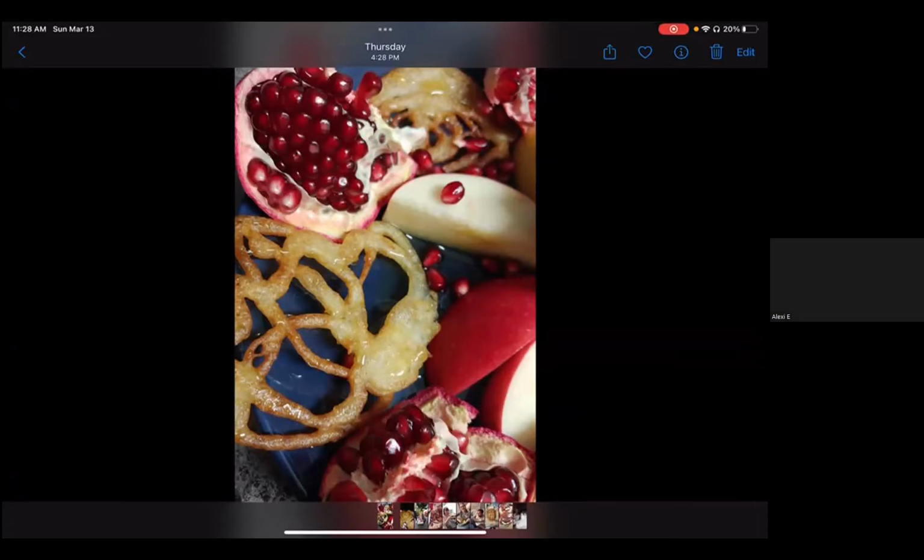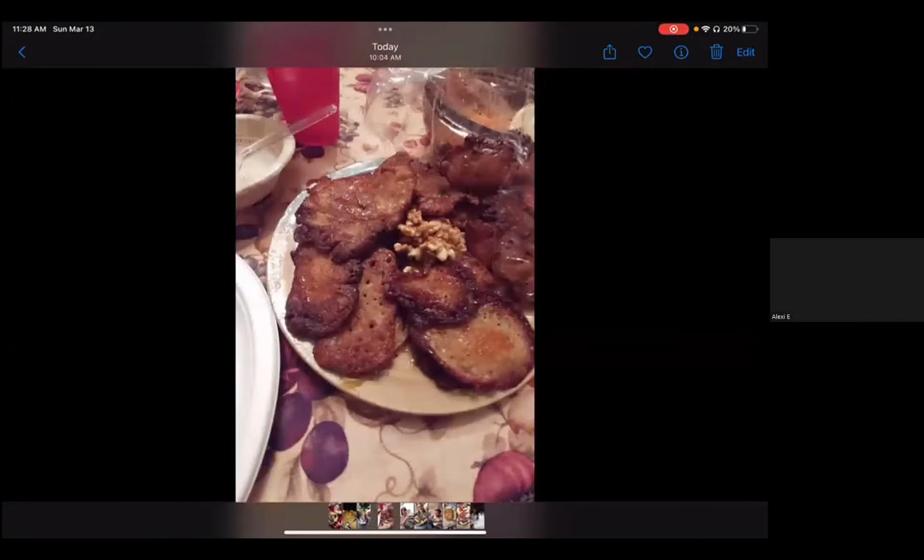If you make the batter thicker, you'll get this, which was my first one, where I literally took a spoonful and just dropped it in the oil and mixed it in the oil as it said. And that was the thicker version. And I used honey and looks like walnuts on this. That was a hit. Everybody liked it.